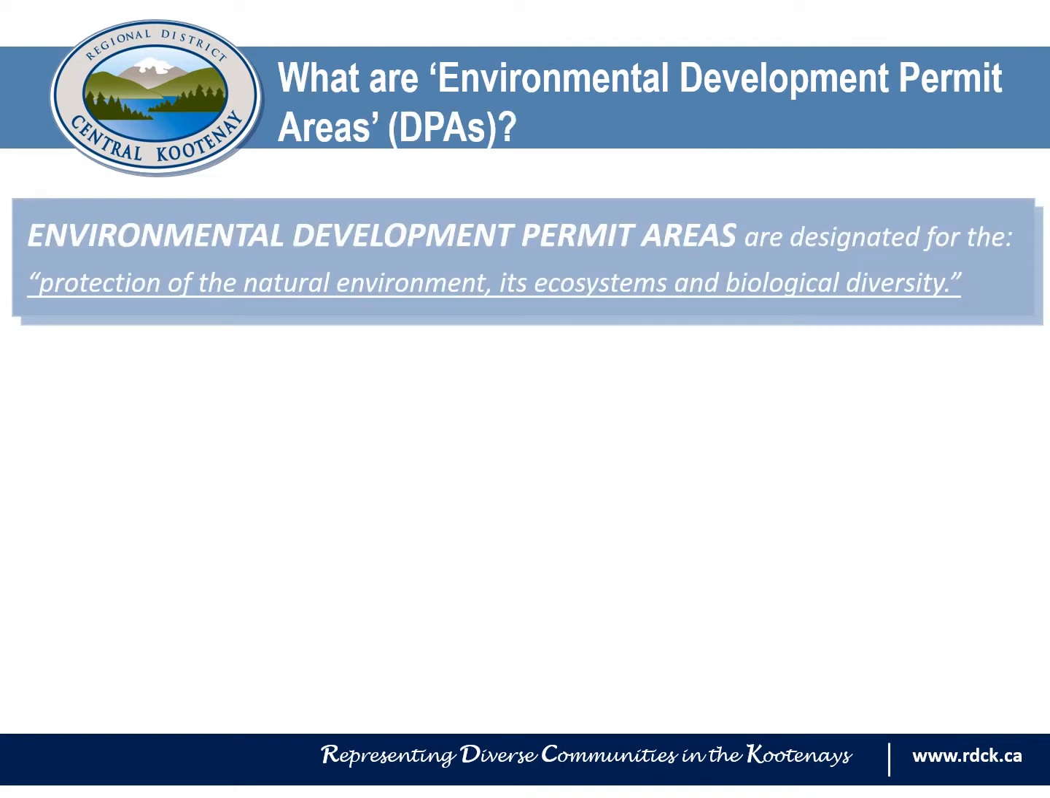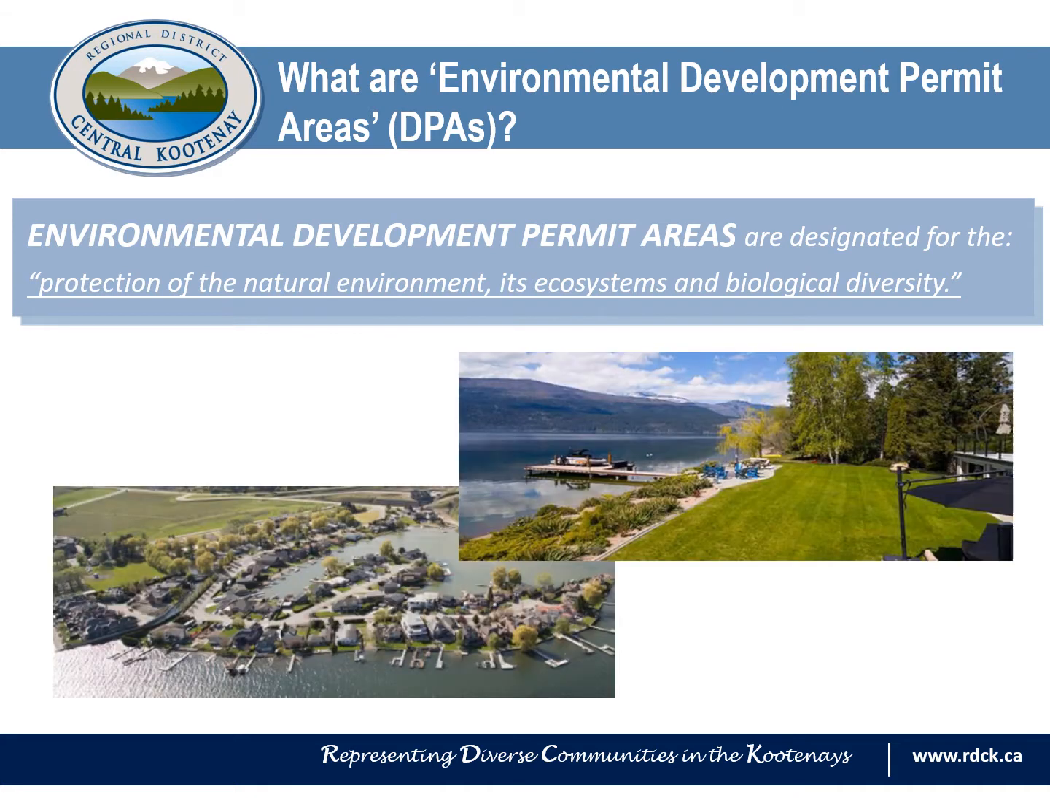So what exactly are environmental development permit areas? Well, when we think about how development permit areas are used around Kootenay Lake, they're designated for the protection of the natural environment, its ecosystems, and biological diversity. They're a tool that is used to make sure that development gives the natural environment around Kootenay Lake room to function properly. And they're used to ensure that we understand the impacts of harmful development like this, which has the